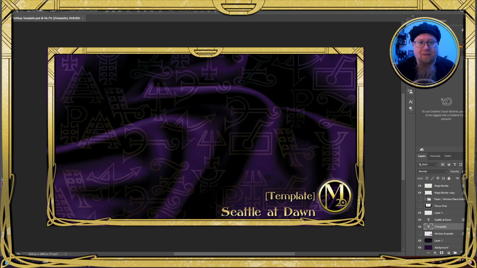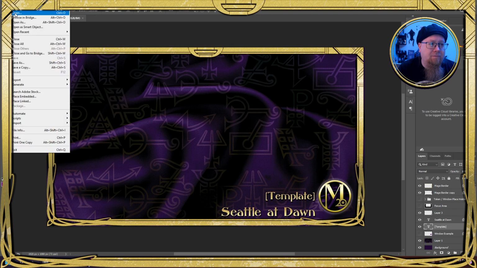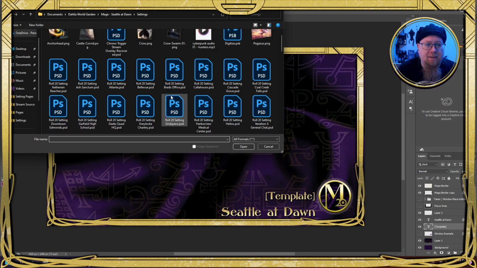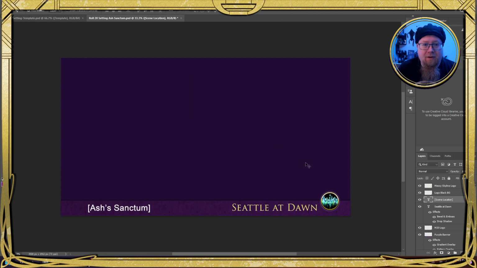We've got our template, and I want to update some of the older scenes that we have, some of those older pages, with the updated model. I can show you. We've got a couple of examples here. So for, let's say, Ash's Sanctum. So in the past,